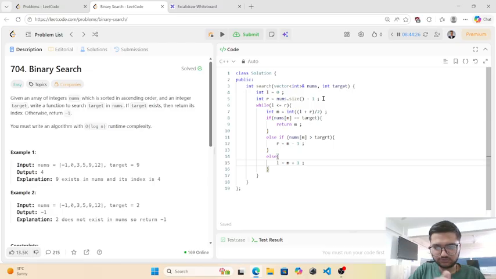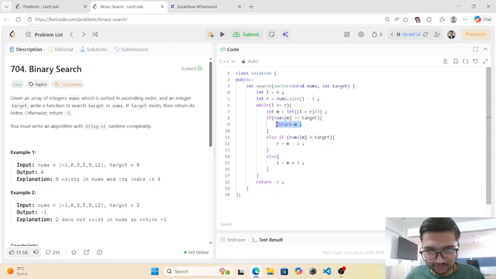If nums of m, the middle term, is greater than target, then r is converted to m minus 1. And then last, outside of the while loop,